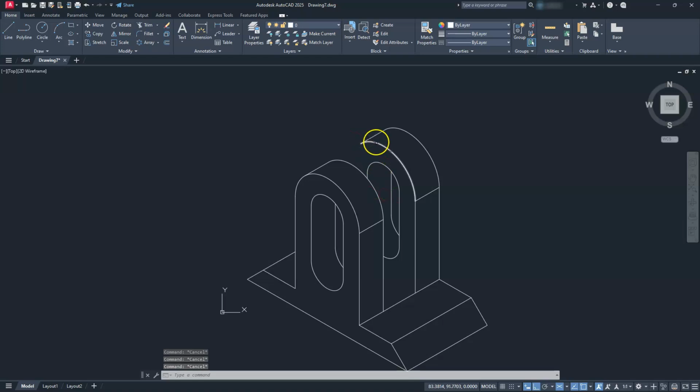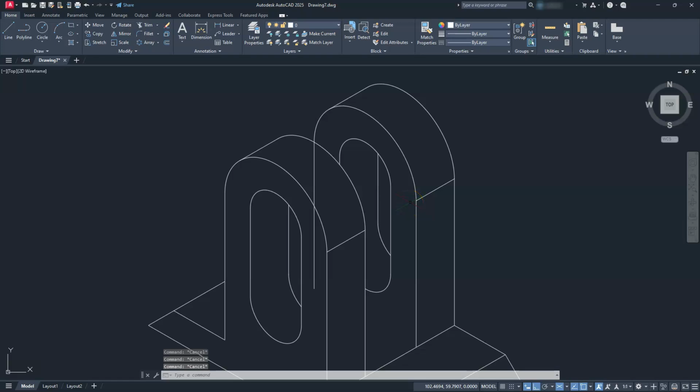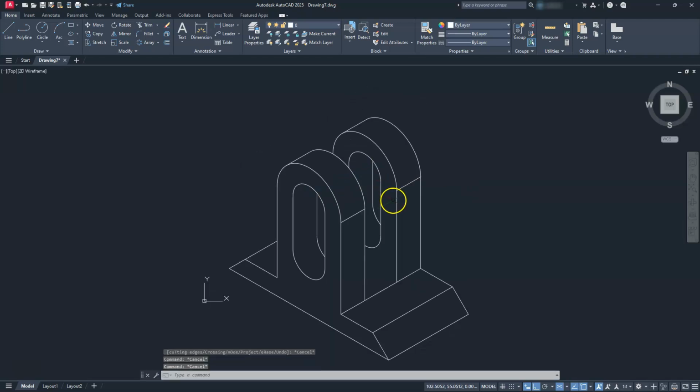Now I need to just kind of complete this part again. The easiest way of doing that is just going ahead and deleting this line here, and then grabbing these two, and just copy it from that endpoint back to that endpoint. Let's go ahead and go back to the trim command and trim through here. Okay. Now I'm going to do a little bit more trimming here, so I'm just going to get rid of